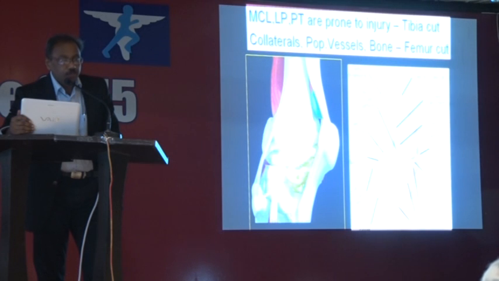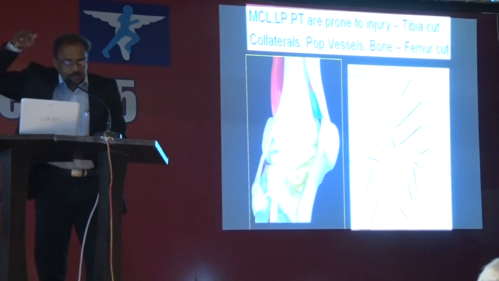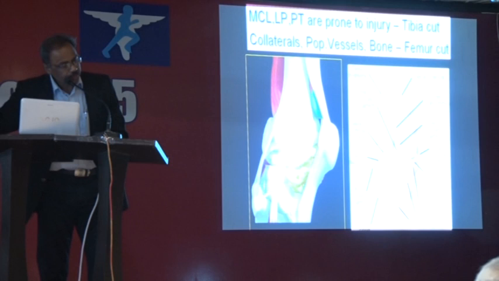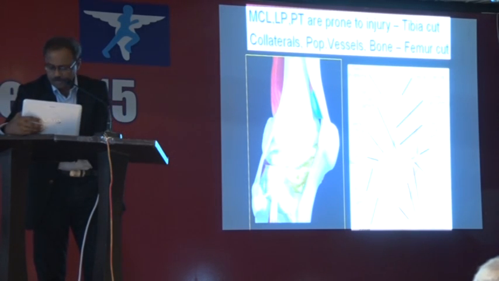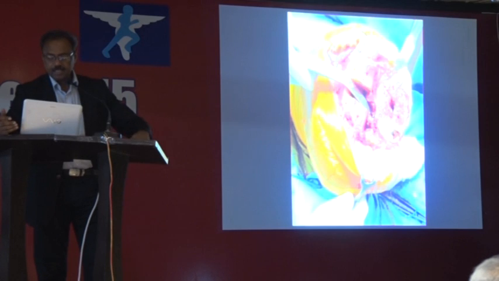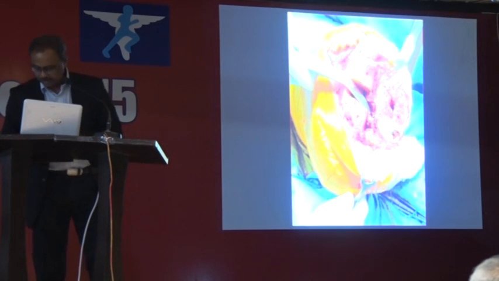When you are taking the femoral cut, take care of the collaterals and make sure you do not do notching. And when you are doing the distal femoral cut, you do not damage the tibia. The tibia is below. And when you are taking the posterior femoral cut, take care of the posterior structures, the popliteal vessels. So you should keep these things in mind. Like in the tibial cut, what happens?